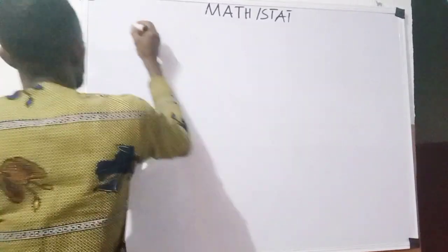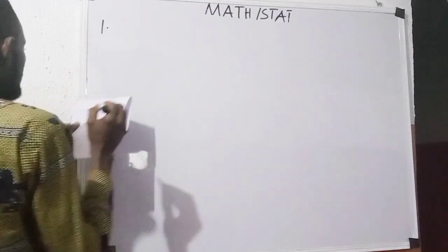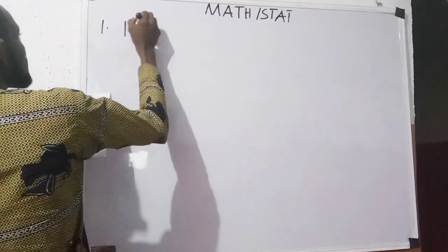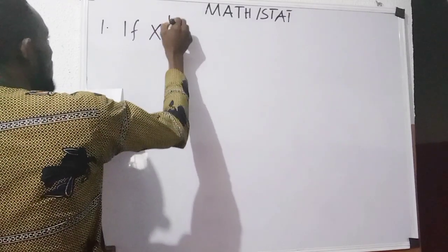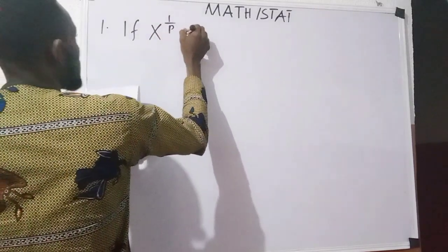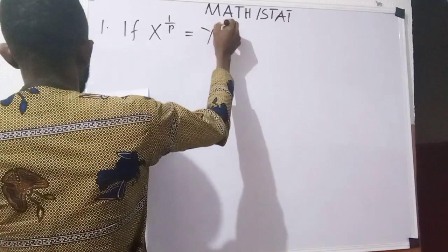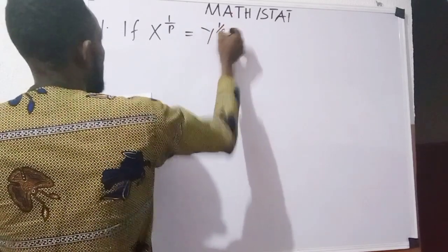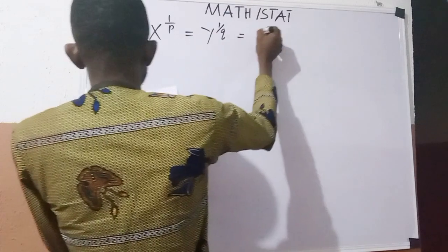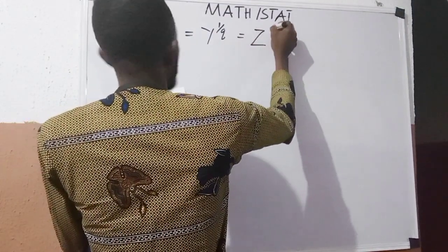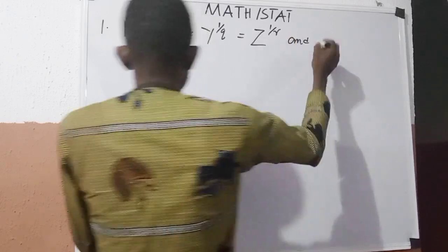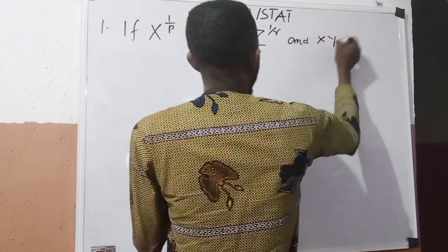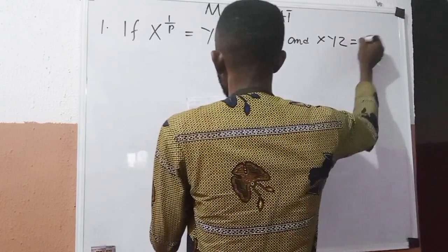Question number one says, if x raised to power 1 over p is the same thing as y raised to power 1 over q, which is the same thing as z raised to power 1 over r, and xyz equals 1,